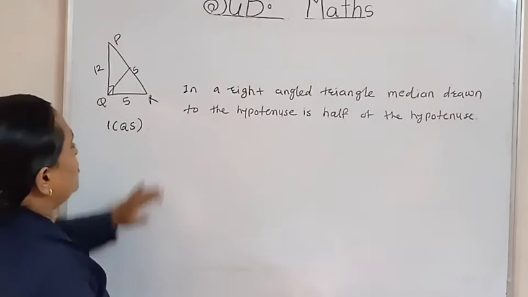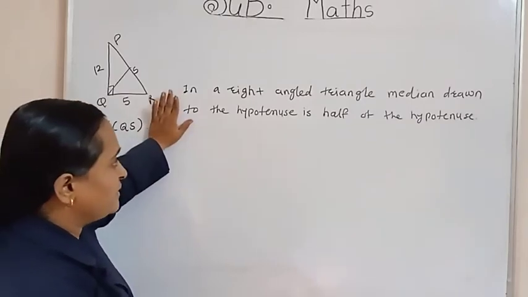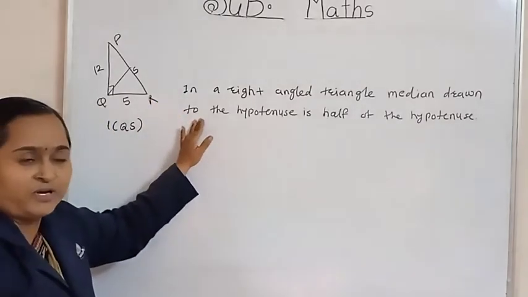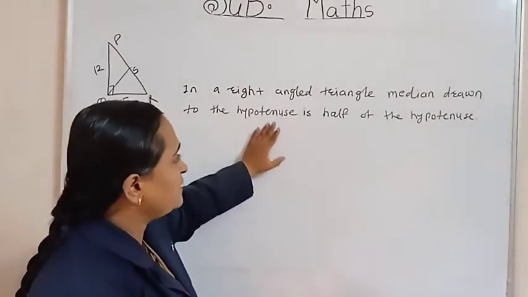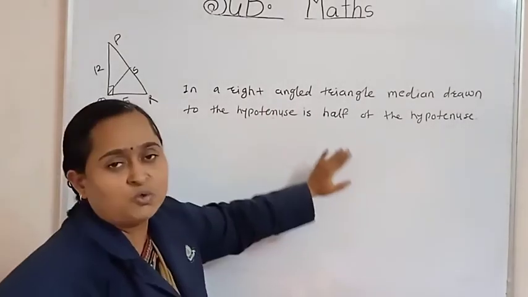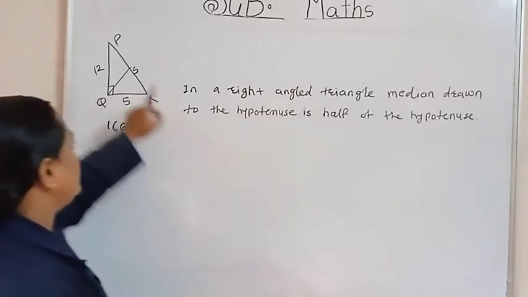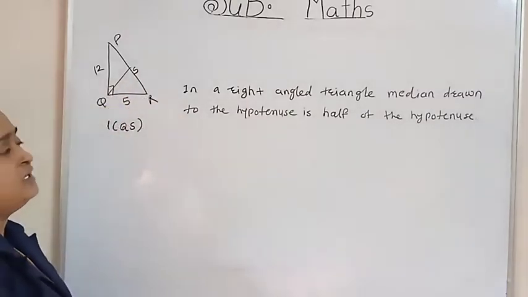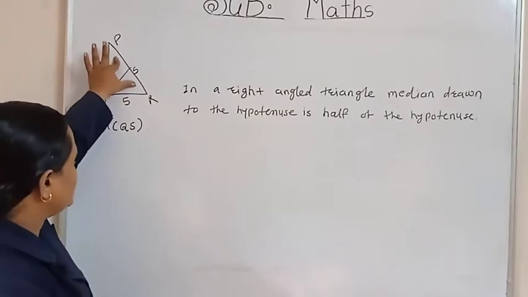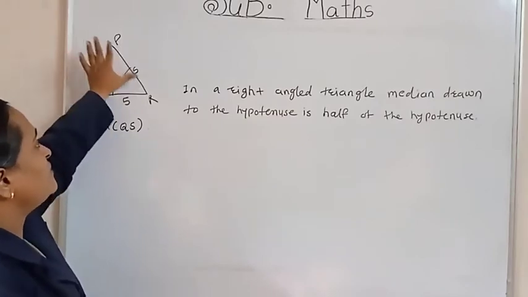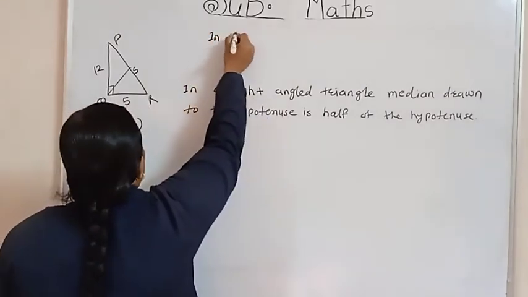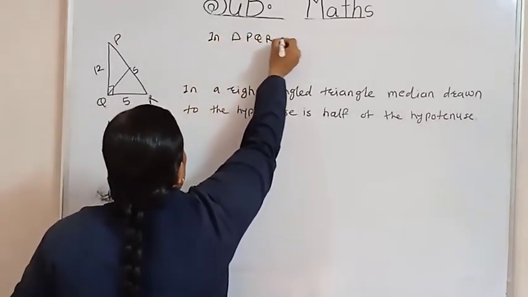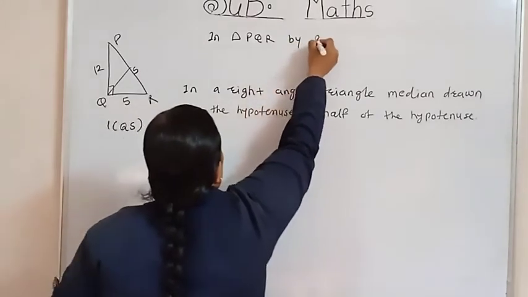Now again, according to this theorem, in a right angle triangle, the median drawn to the hypotenuse is half of the hypotenuse. But for finding the length of the median, you should know the hypotenuse, and in this example, the hypotenuse is not given. Then first we will use the Pythagoras theorem in triangle PQR and we will find the hypotenuse first. Then in triangle PQR, by